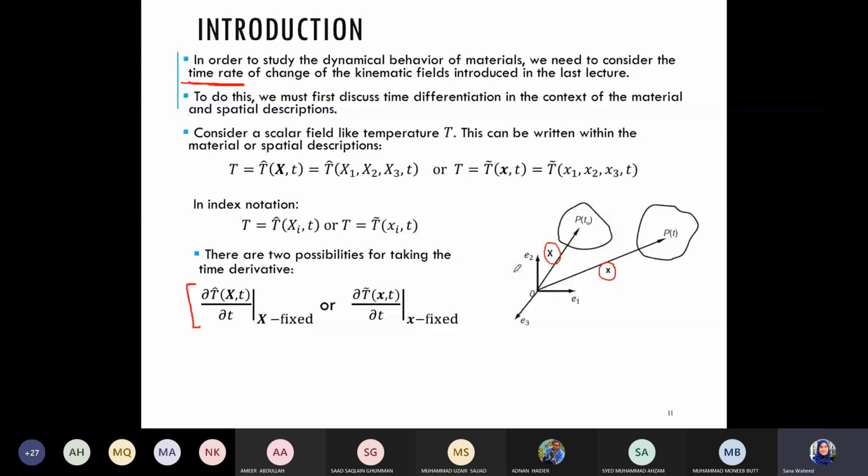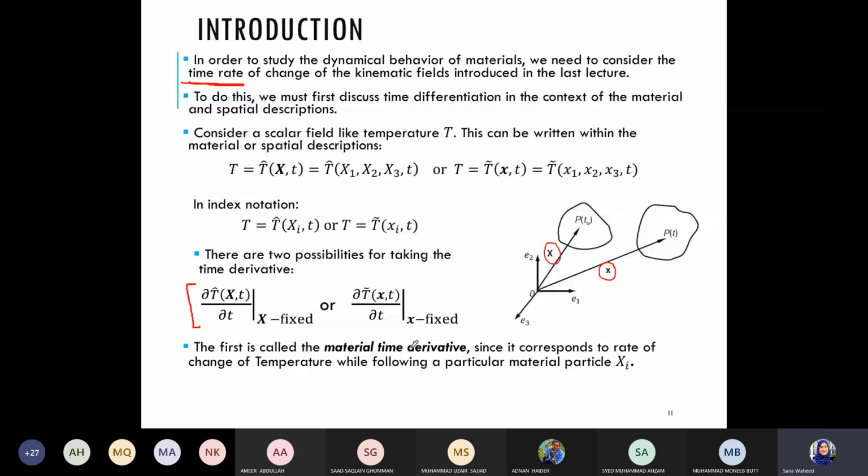If it's in the material derivative, we're going to be keeping the capital X fixed, whereas if it's in the spatial description, then we're going to be keeping the small x fixed to find these time derivatives. Right. Now, just as our description का नाम था material description and spatial description, उसी तरह हमारे time derivatives का भी नाम है, which is, the one with the material description is known as the material time derivative. Not very imaginative, is it? It's very straightforward, right? So this where I'm keeping my capital X fixed is known as the material time derivative,